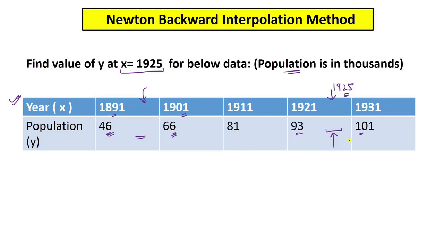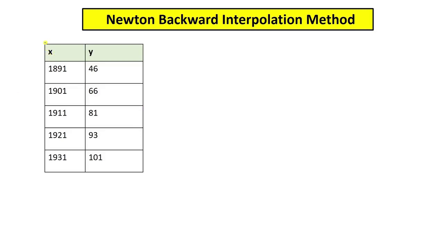So let's see. To apply this Newton backward interpolation method, we will formulate our values of x and y in the table. Here you can see the x values corresponding to the years and the y values corresponding to the population. This y value can also be written as the function value, f of x. Now, the first step in the Newton backward interpolation method is to create a difference table. The difference table in the backward method is the same as what we saw in the Newton forward interpolation method. If you have seen my Newton forward interpolation video, you will find it very easy to construct the table in this video.